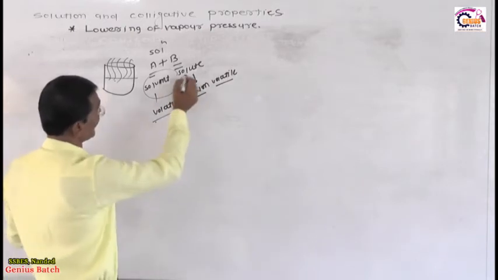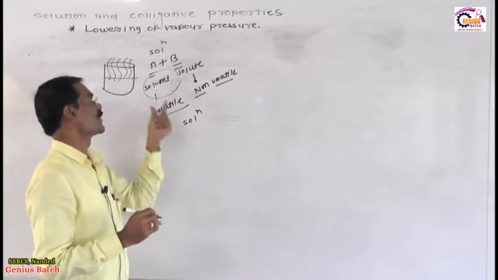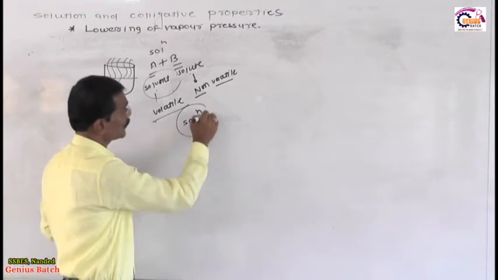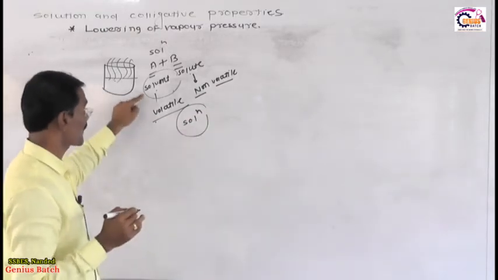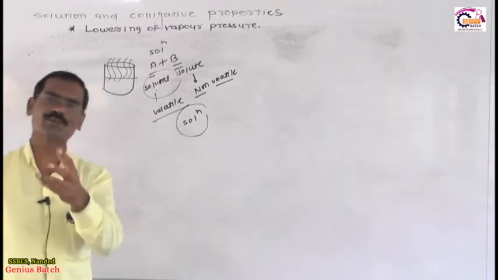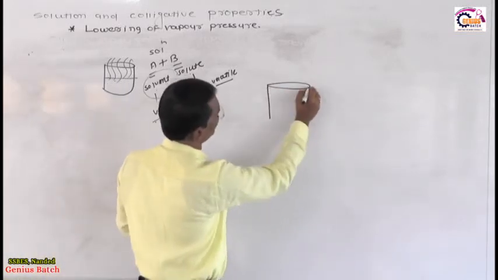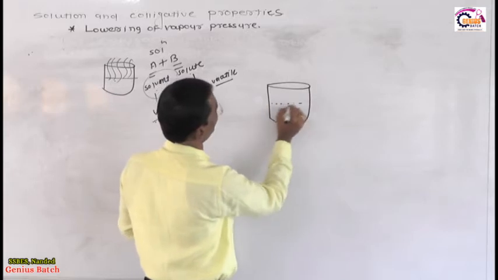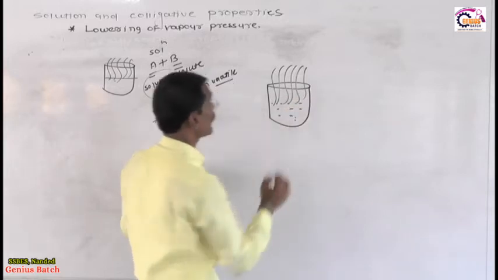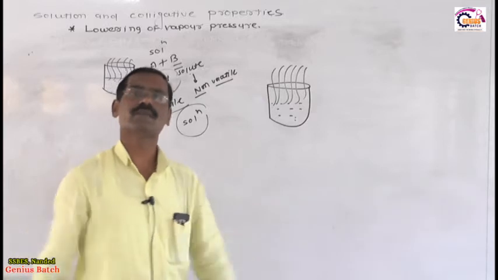After addition of solute to the solvent, it becomes the solution. The solution is prepared from solvent and solute, but in the solution, the solute is non-volatile. So what happened in the solution? In the solution, the vapor pressure of the solvent is always lower than the vapor pressure of the pure solvent. Is it okay? Listen very carefully. Suppose we have two beakers. In this beaker, pure solvent is present, and it has its own vapor pressure. Why? Because the pure solvent is volatile, and volatile liquids evaporate, which exerts the vapor pressure.